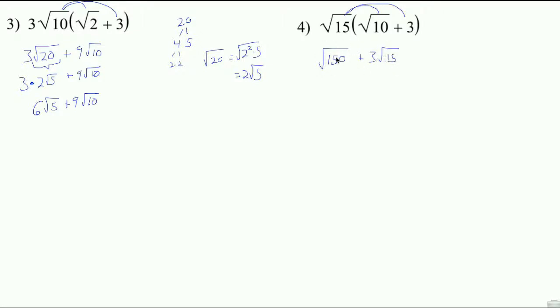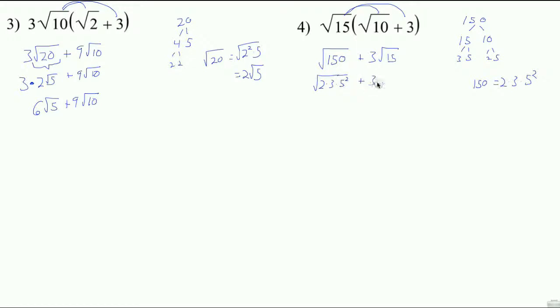Now we look at our radicals, see if we can simplify. Root 15 we already know we can't simplify, it's just 3 times 5. But 150, we can factor that. First we might think there's different ways to factor this, but I would probably do 15 times 10, which we have a 3 and a 5, and a 2 and a 5. And so 150 is the same as 2 times 3 times 5 squared. And so when we're taking the square root of this, this is 2 times 3 times 5 squared